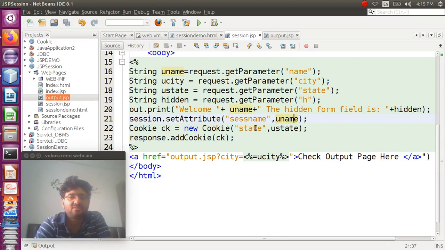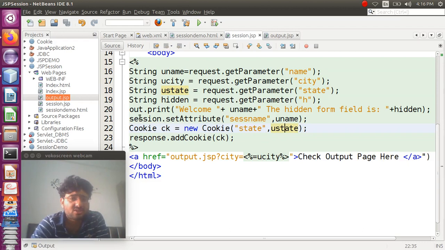I have created the cookie object ck, and I am having the name of the cookie as state, and the value as whatever the user has entered in the previous form, that is ustate, which stores the value of whatever the user has entered in the state input component. Okay, so I have created one cookie, and I have created one session object.